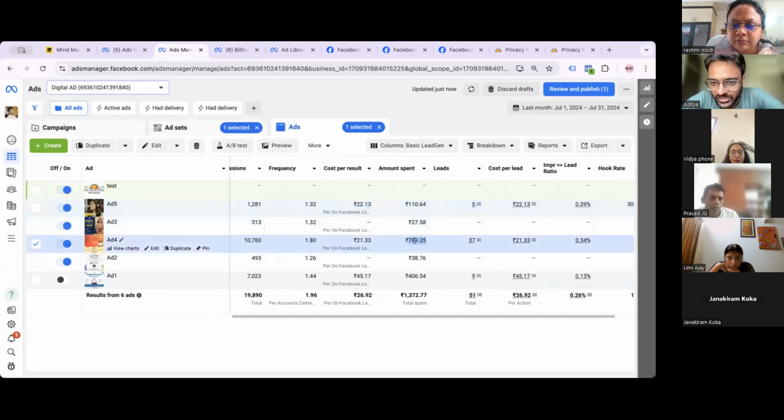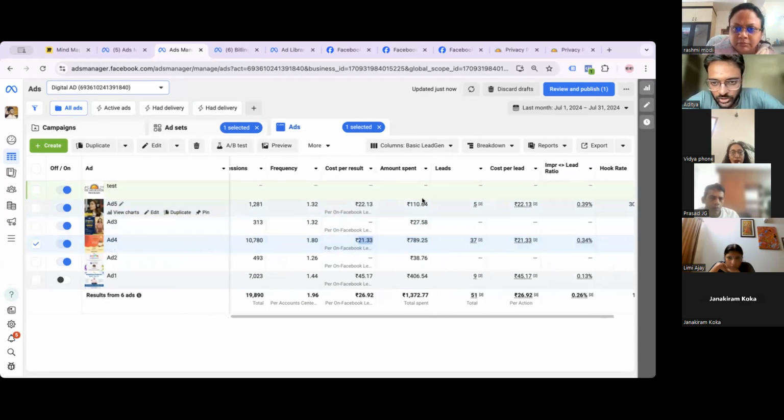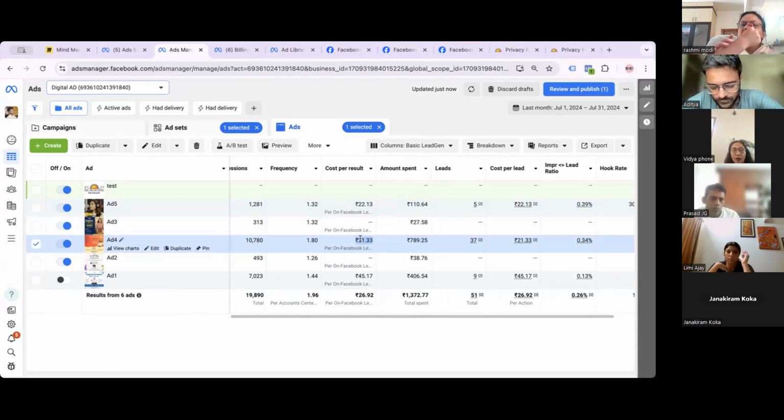इस पे मैंने 789 spend किया लेकिन मुझे better cost per lead आया compared to this. तो आप देखो इन दोनों का spend भी अलग अलग है, लेकिन मैंने जो बजट दिया था वो ad set level पे दिया था. तो मेरा जो ज्यादातर बजट है वो इस पे गया हुआ है. तो ये कौन डिसाइड करता है? हाँ. फेसबुक डिसाइड करता है कि कौन से क्रिएटिव पे कितना बजट जाएगा. मतलब इट्स लाइक कि जो बेस्ट परफॉर्मिंग क्रिएटिव है उस पे सबसे ज्यादा बजट जाता है